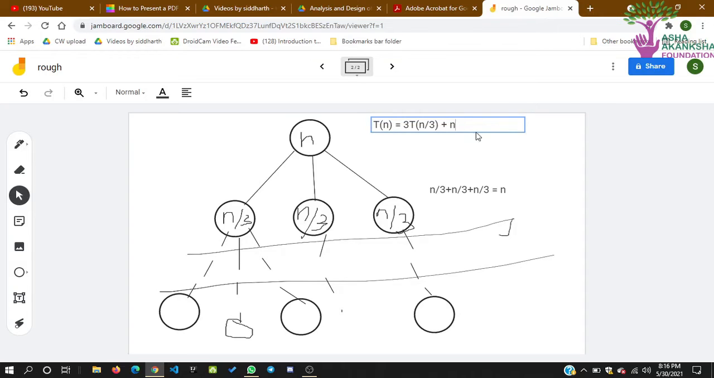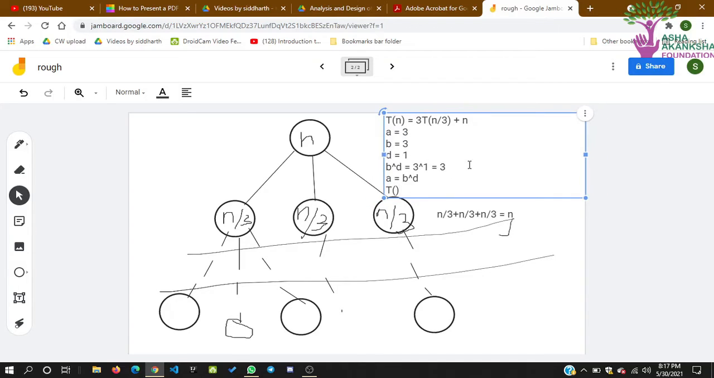And hence I can take a equal to 3, b equal to 3, and d equal to 1. I calculate b raised to the power d, which is equal to 3 raised to the power 1, which is equal to 3. Now I find that a is equal to b raised to the power d, which means that Tn